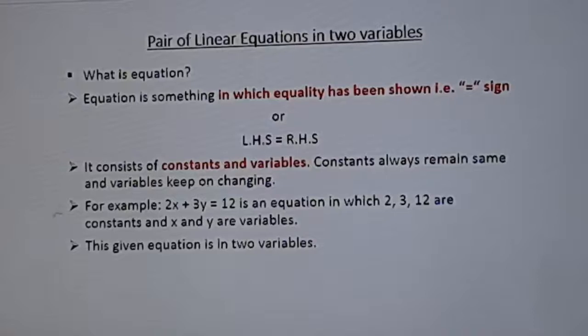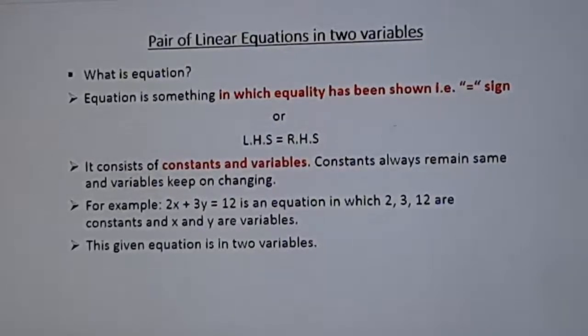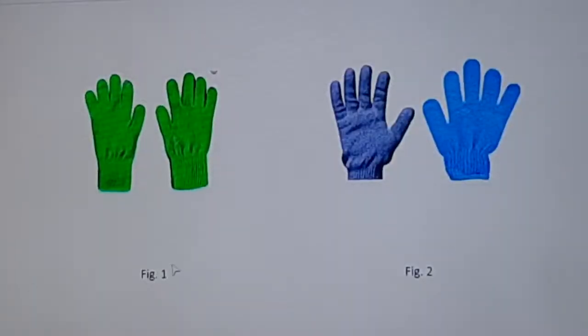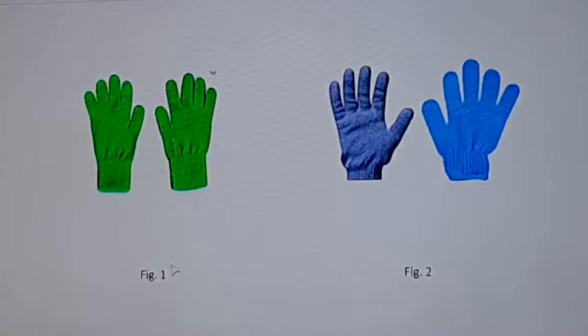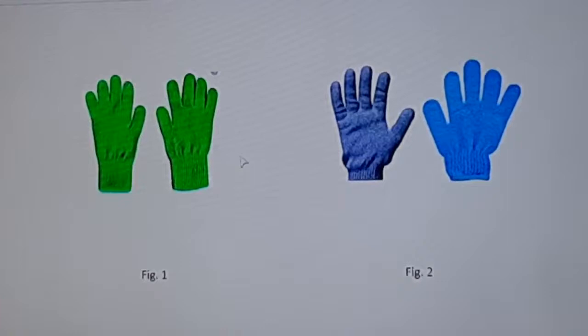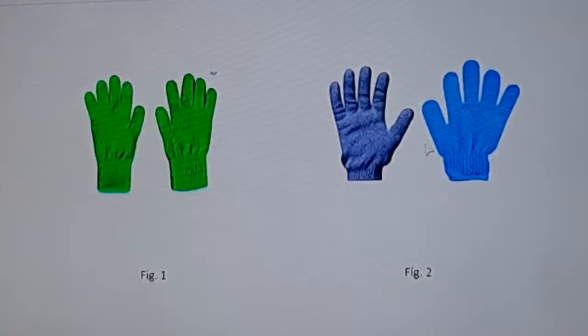Let's talk about pair of linear equations in two variables. So guys, you have an idea of a pair of shoes, a pair of socks, a pair of gloves. These are commonly used words in our daily lives. Pair means when both the items or both the things are the same. Like if we are wearing a pair of shoes, both the shoes are the same. In this case, the first figure is a pair and the second figure, is it a pair or not? Yes, it's not a pair. The reason is that both the gloves are different in this figure. So now you can see a pair means when both the things are the same, like a pair of shoes, a pair of socks. So how do we